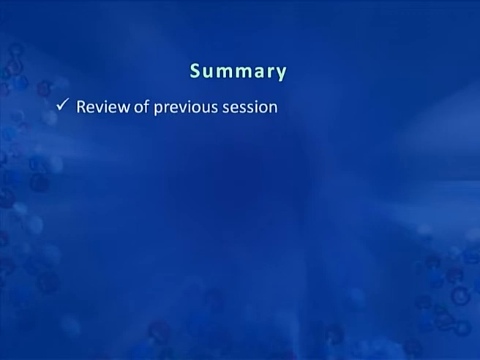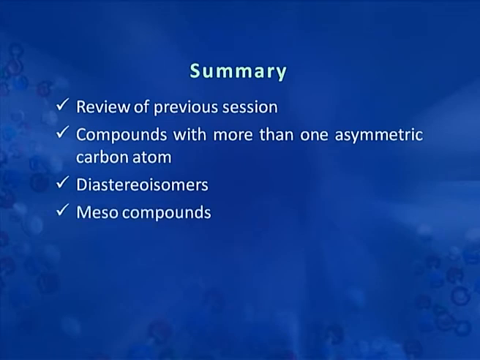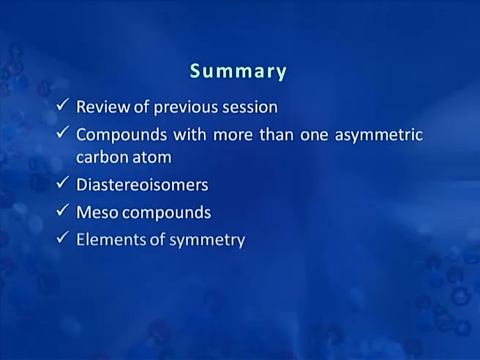Today we have first reviewed the enantiomers that we had discussed in the previous session. Then we discussed how many isomers are possible with compounds containing more than one asymmetric carbon atom. We talked about diastereoisomers and meso compounds. I will repeat here that meso compounds are those compounds where one half of the molecule is the mirror image of the other half. Then we discussed the elements of symmetry, and if a molecule possesses any of these elements of symmetry, that is center of symmetry, plane of symmetry or alternating axis of symmetry, this molecule will be optically inactive. Such molecules are